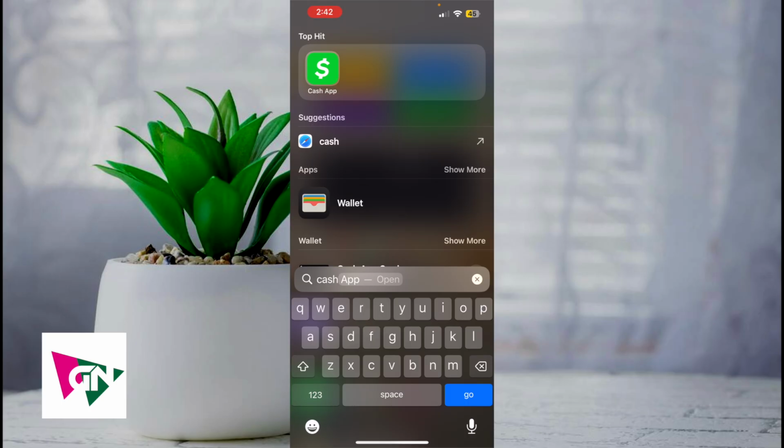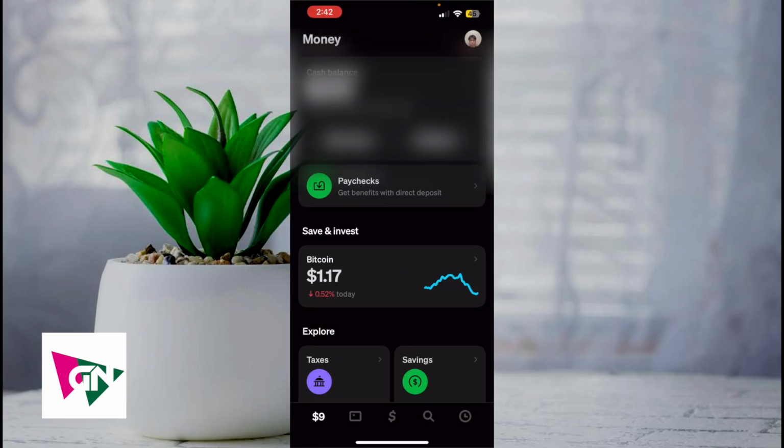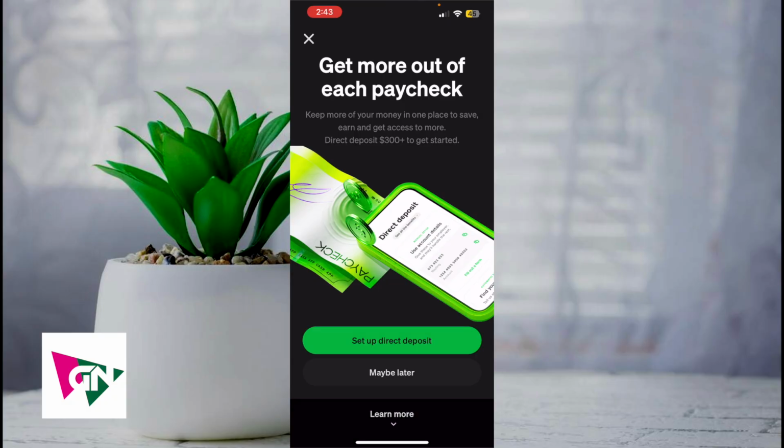In order to do this, what we're first going to do is open up Cash App. Then what you're going to do is click on the number sign on the bottom left hand corner. Then you're going to reach this page that looks like this. Go ahead and click on paychecks where it says get benefits with direct deposit, and then click on set up